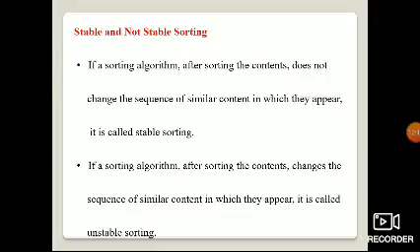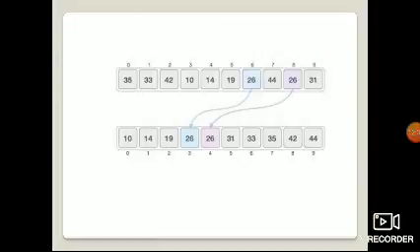So if after sorting the sequence is not changed, we call it stable sorting; if the sequence of similar content changes, it is non-stable sorting. These are the two, stable and non-stable. Let's see, we have 26 and 26. It doesn't change in the stable case, but after sorting it will change in the unstable case.